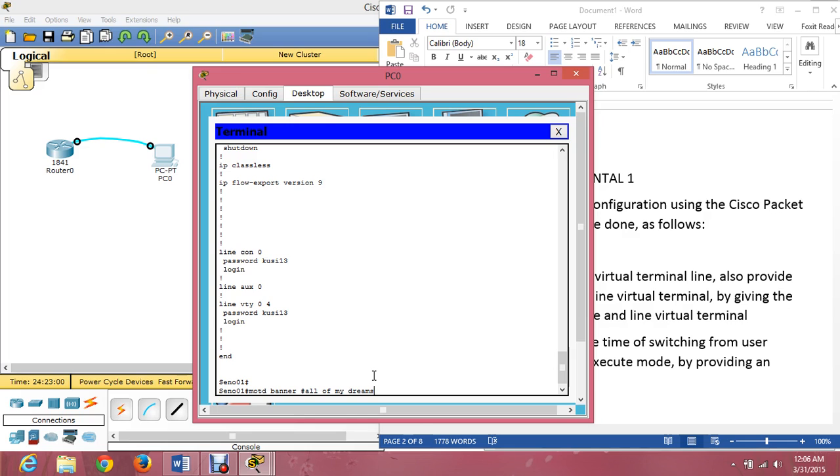It's just an example, and finish with the symbol.